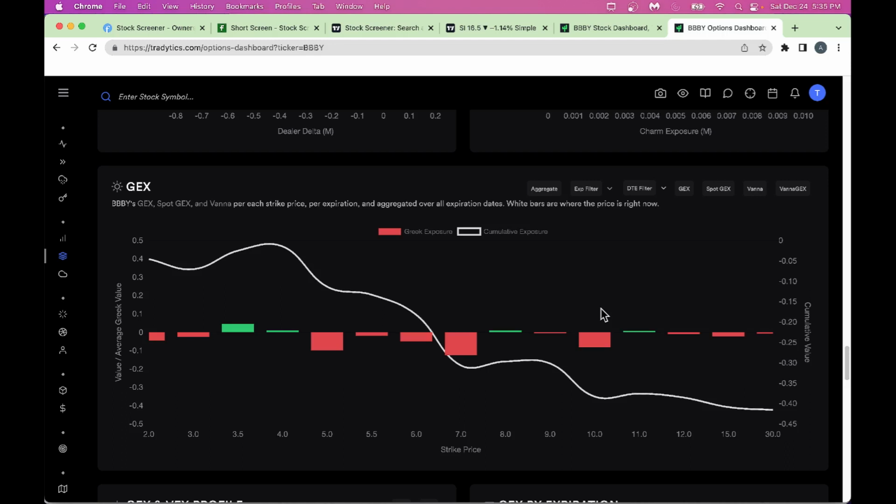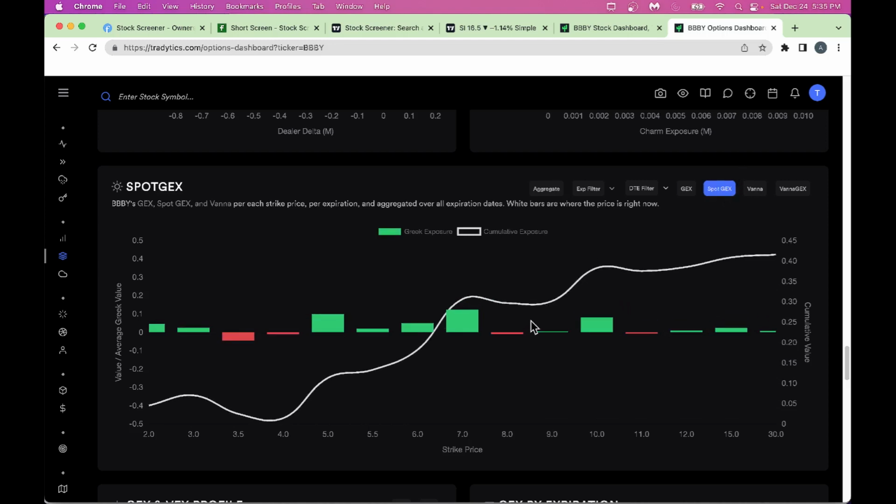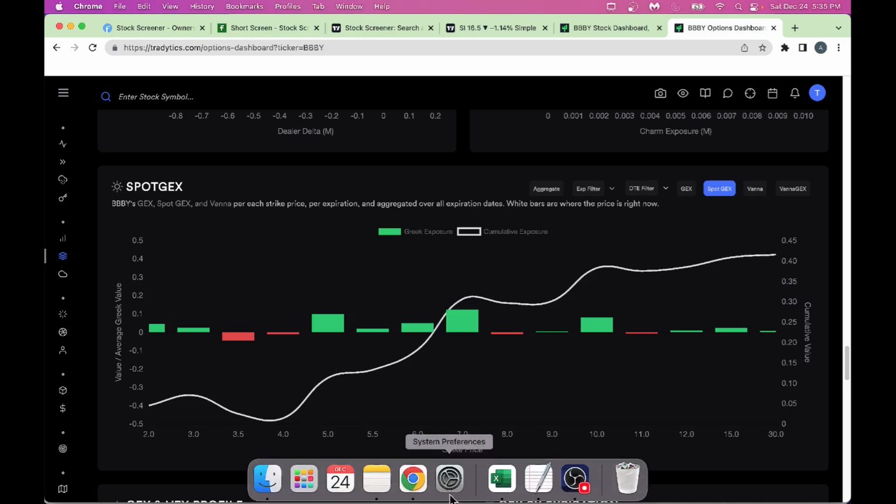But nonetheless, let's go into the positive spot GEX here. From a spot GEX perspective, 5 is a slightly bigger level, but what this tells us is that because these levels are so low, they don't even cross 0.2 here. There is nothing much going on from an options market perspective, but from a stock market perspective, as we looked at the chart here,